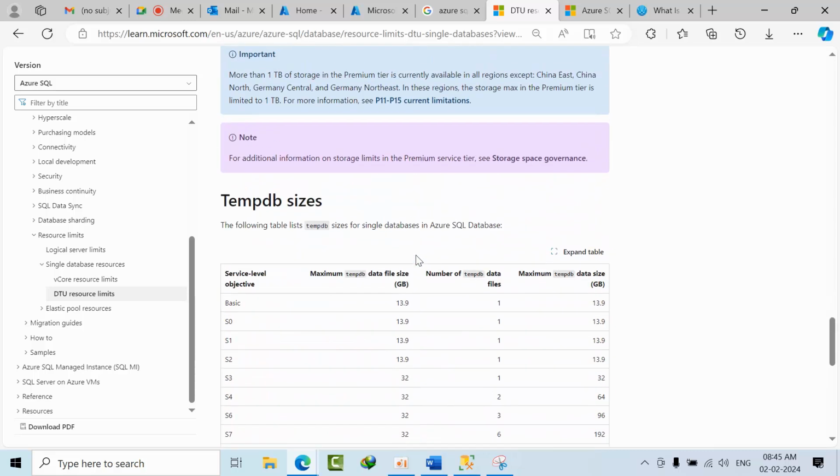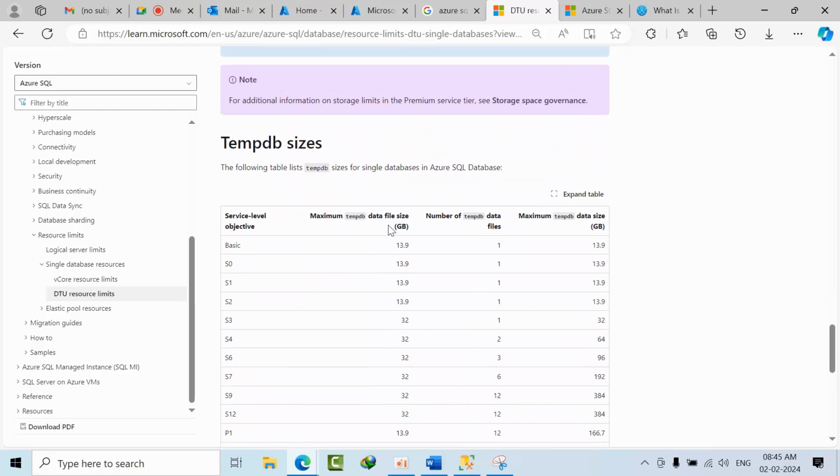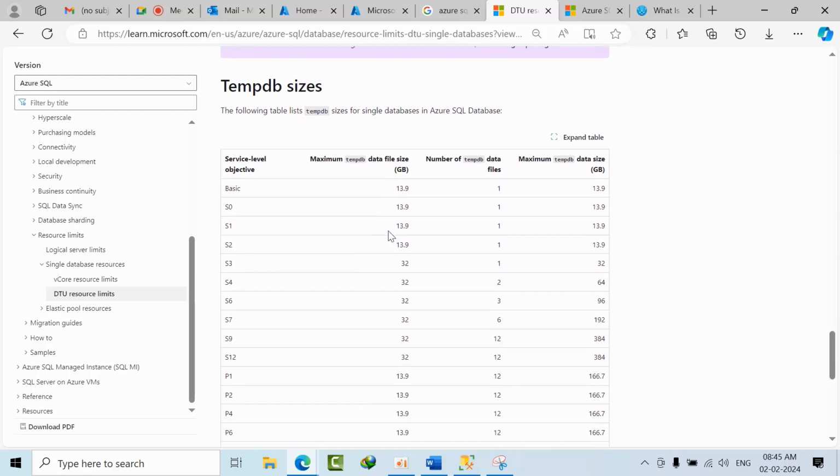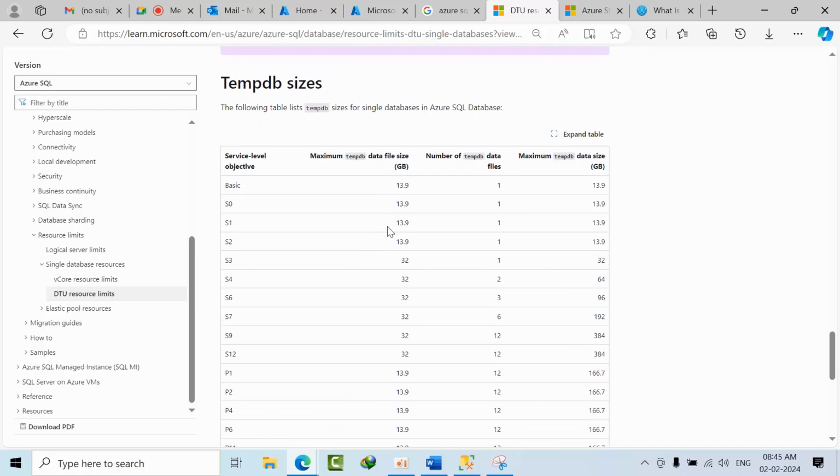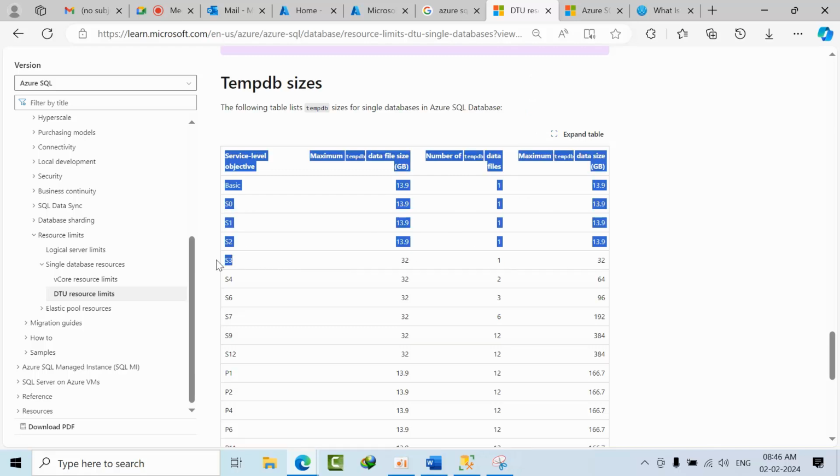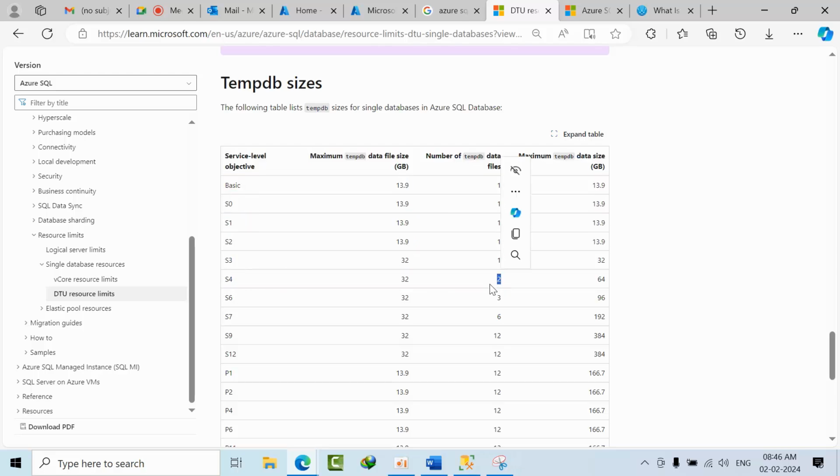Now, as I told you five minutes back, for every database we have this many database sizes and this many files. If you go with the Basic service tier, we get 13 GB, almost 14. Let's take the round figure, 14 GB MDF file, and that is only one file. If you go with S3 or S4, we have two tempdb files.